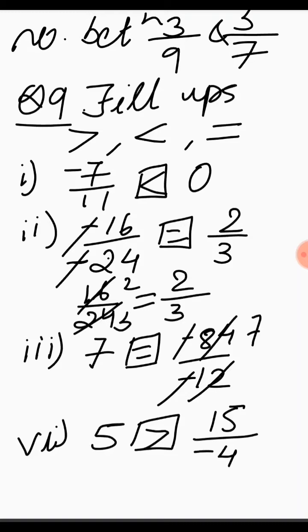And now question number 10, children: which of the two rational numbers is smaller in each of the following pairs? Already we have done one question like this. Which question number is that? That is question number 3, where you had to find out which one is greater. And here you have to find out which one is smaller. So you know, first you have to make the denominators equal and then proceed in the same way.